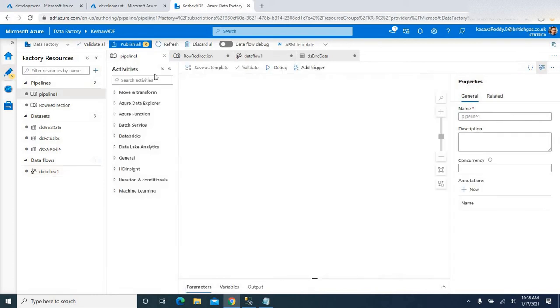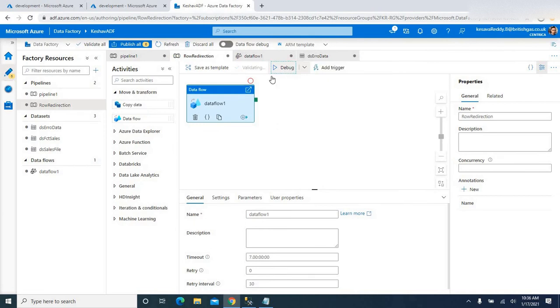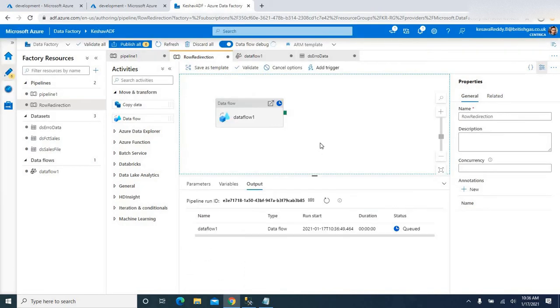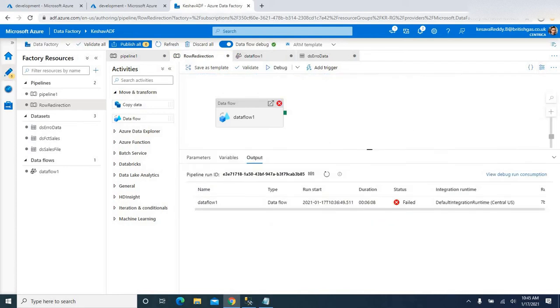Let's kick off our pipeline. I'm just going to debug. Our pipeline is queued now. Let's wait for final execution. It's in progress. Our pipeline is executed. Of course, it failed. That's okay. Let's see what the error message is, why it failed. If you go to the error here,